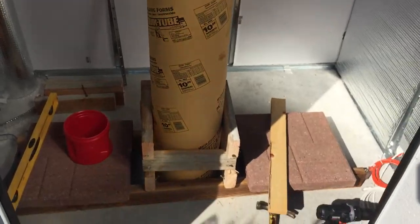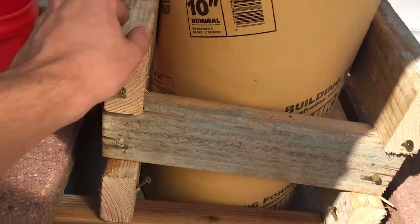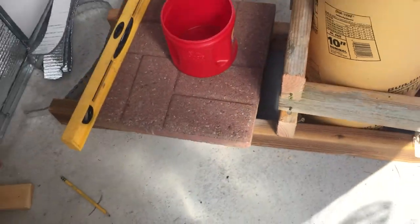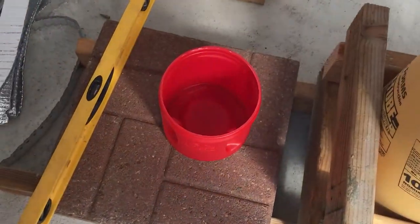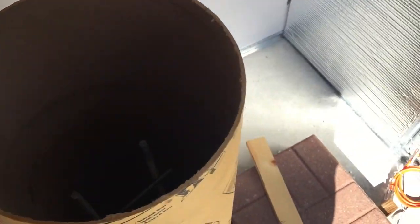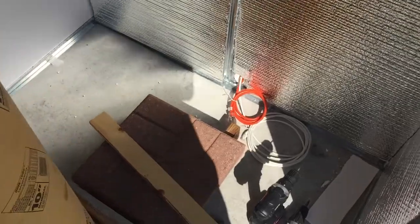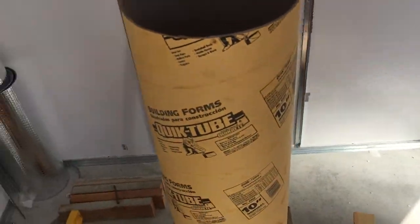So here is the form that I have made. I've got it all squared up. That tube is not going anywhere. We're going to use that coffee can to scoop the concrete into the tube. The tube is almost perfectly level to start out with, so that's good. Once it cools down outside a little bit, it's like 95 degrees out right now,